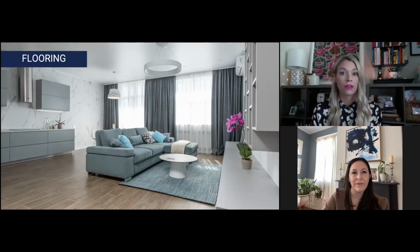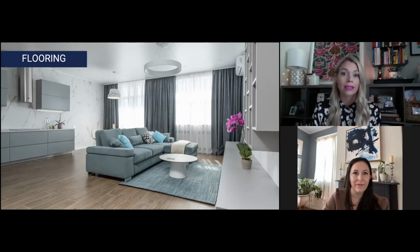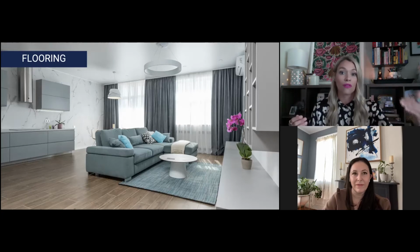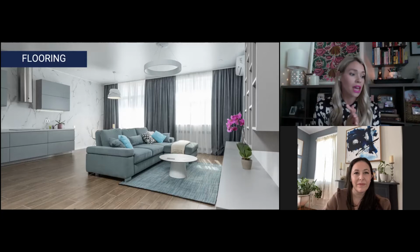But there's really so many different things. So there are different laminates, and you might choose that for durability. If you have pets, if you have kids, it's going to wear longer. It doesn't need as much maintenance as a hardwood does. If you really need to spend budget other places, you can also always look at carpet. Carpet's going to be the least expensive thing to install, but obviously there's a wide range of carpet that you can go from very inexpensive to very high end. So you have a range to choose from there, and you have the same thing with laminate. I think my probably biggest point when we're talking about flooring is the amount of flooring